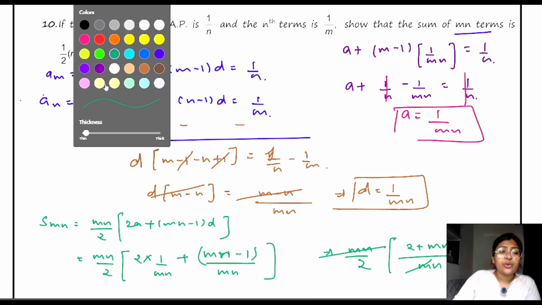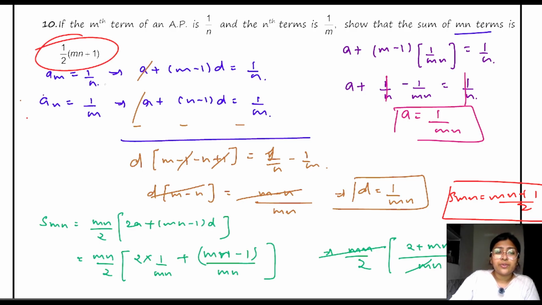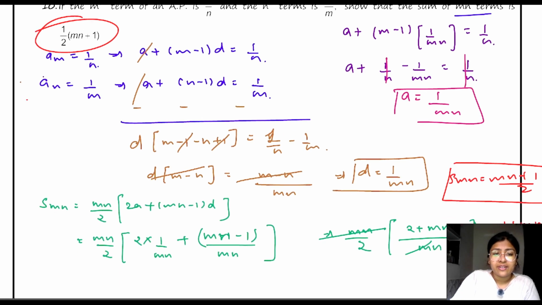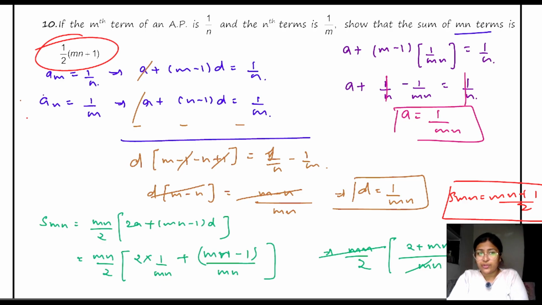Yes, so in numerator you will have 2 minus 1, that is 1, plus mn over 2, or this can be written as (mn plus 1) over 2. This is clear to you, learners? Hence proved, the question is completed. Any doubt in this question? So in this type of question, first we find out the first term and the common difference, and we put them in the relation. Okay, learners, this question is clear to you.